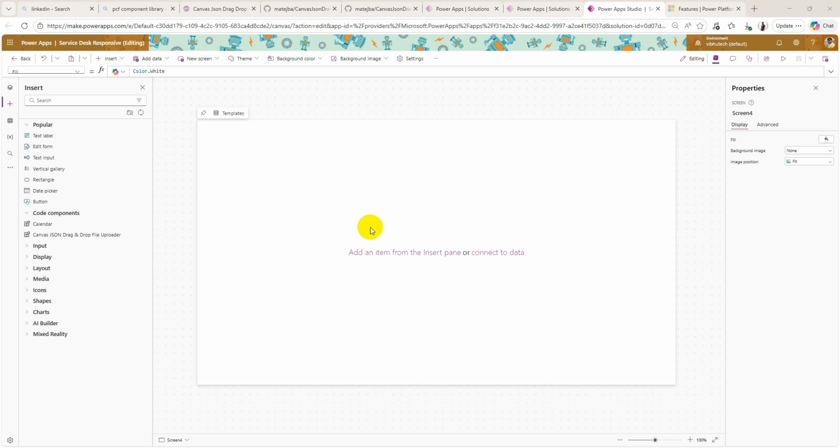And if we talk about the benefits of the PCF component, they are significant. It allows developers to create advanced visuals such as sliders, charts, maps, and calendars, making apps more engaging and user friendly. Also, it enables reusability, so that once a component is built, it can be used across multiple applications. And it ensures seamless integration with Dataverse and other data sources for real-time updates, and it works smoothly across web